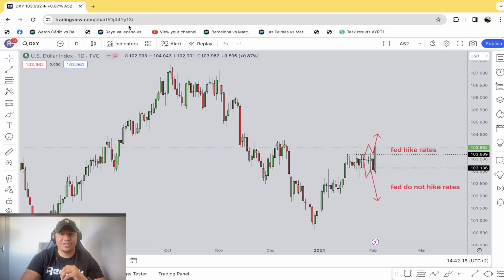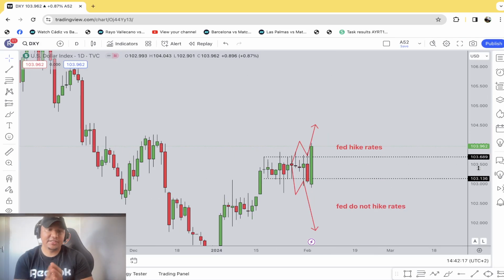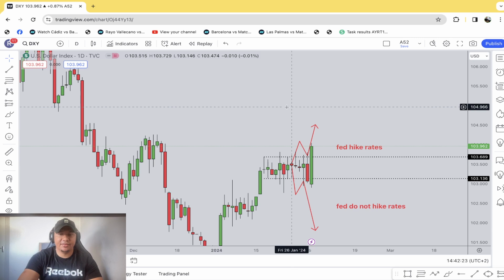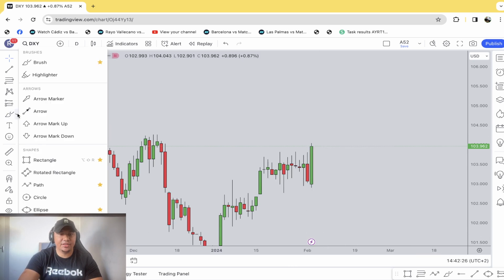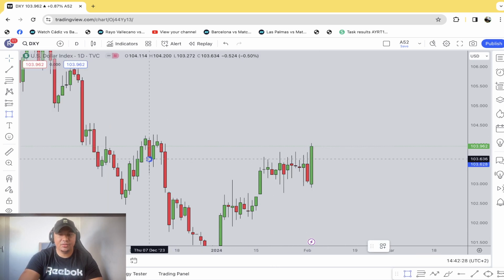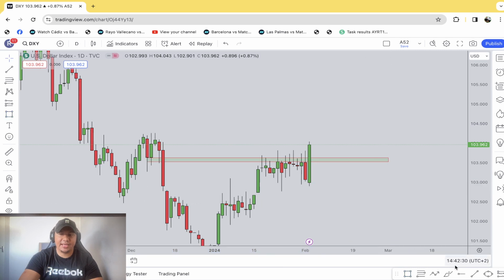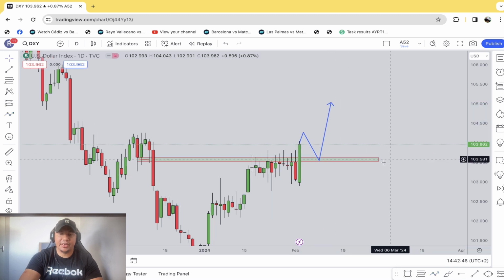So again, like I've said in the breakdown that I did before, if the Feds do hike the interest rate or keep it stable, there's a high possibility that the dollar index will increase in value. And this is exactly what we see over here. The market has now broken out of this very important structure that it has been trading in. It acted as support, then resistance, the market consolidated, and we had a breakout. I do expect a higher move to the upside. I do expect this market to continue higher first, then pull back, and then potentially continue higher as well.